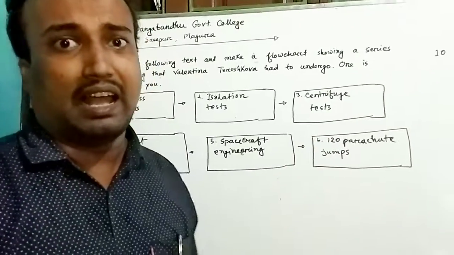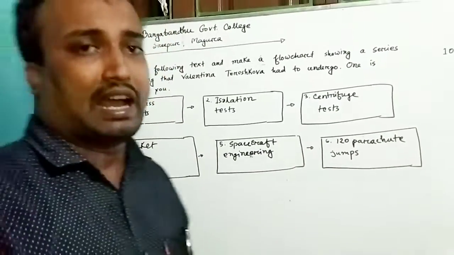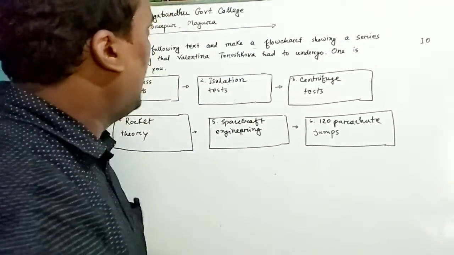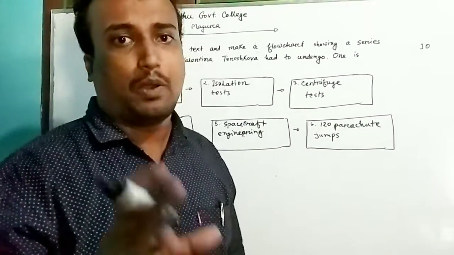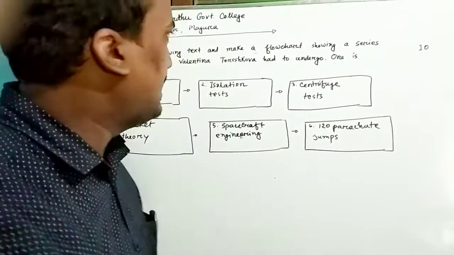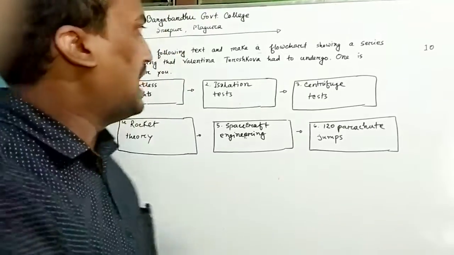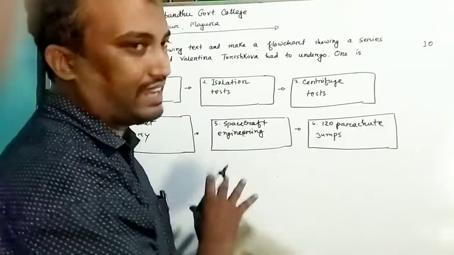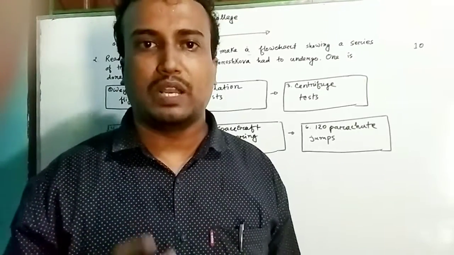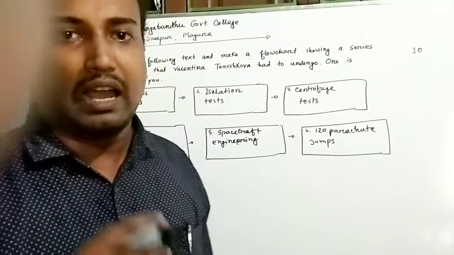So you have to read the text at first that is included in your question, then try to write the correct answer in phrases. I suggest you try to follow my first video about how to write a flowchart. You can find it on our YouTube channel, the first class about how to write a flowchart. Then try this second class on flowchart. So my dear students, no more today. I hope you have enjoyed it very much and learned how to write a flowchart.